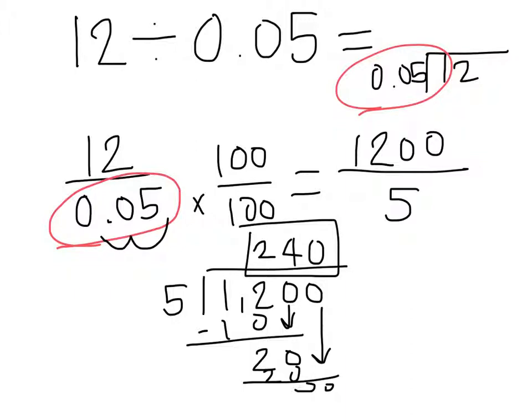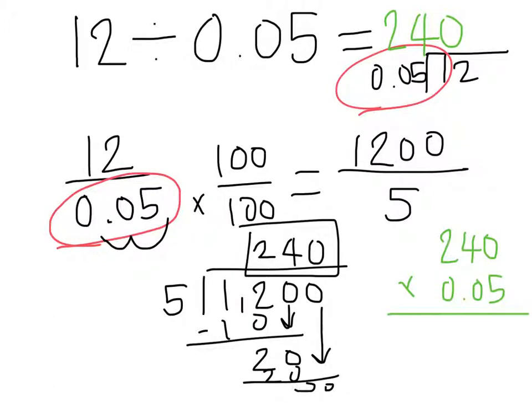240. Now, we're not really done because we know we need to multiply to check. So if we know that 12 divided by 0.05 is 240, how can I multiply to check? Aditya, what can I multiply to check? I think you can multiply. So if I have 240 times 0.05,